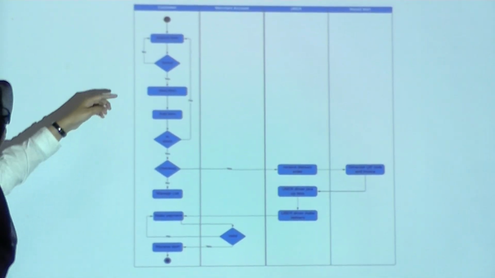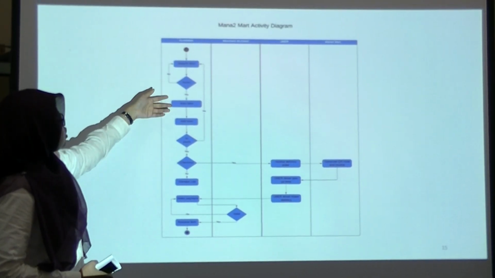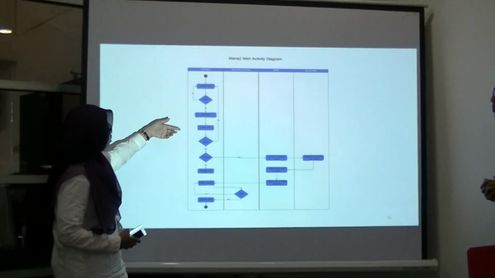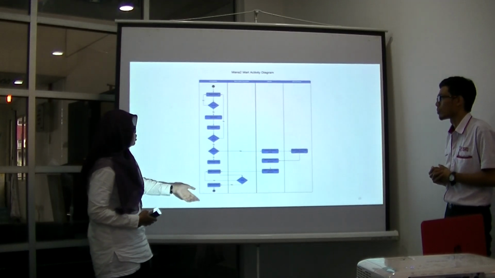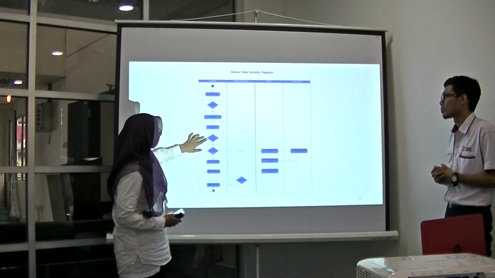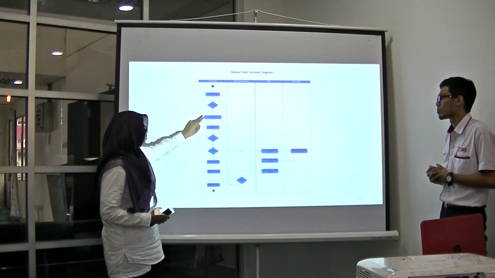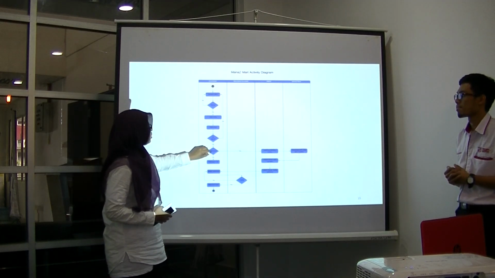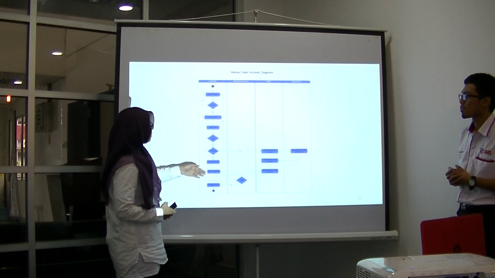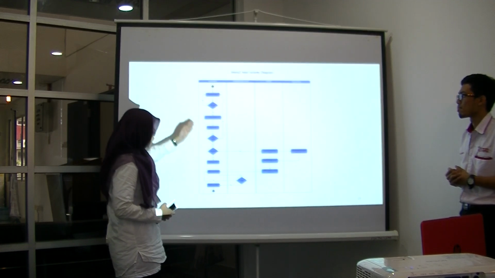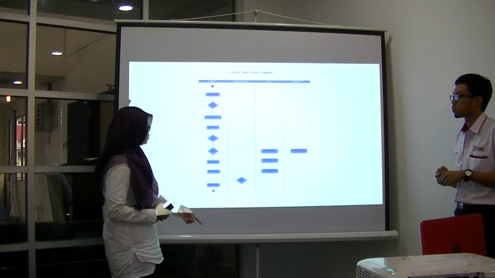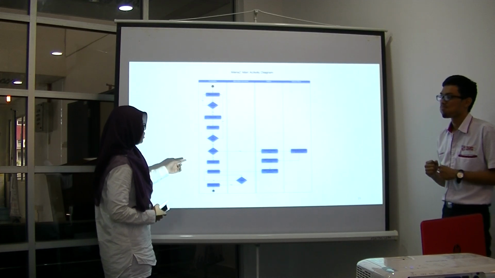If it's not, it will iterate the activity flow. If yes, you will continue to the activity View Item, and then Add Item in the smart list. After the customer adds the item, the system will check if the item is in stock or not. If it's not in stock, it will again iterate the activity. If yes, it will continue to check out.